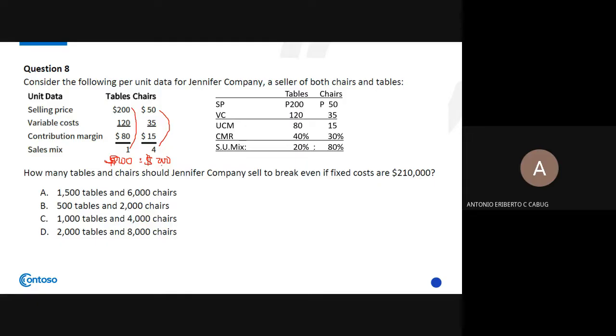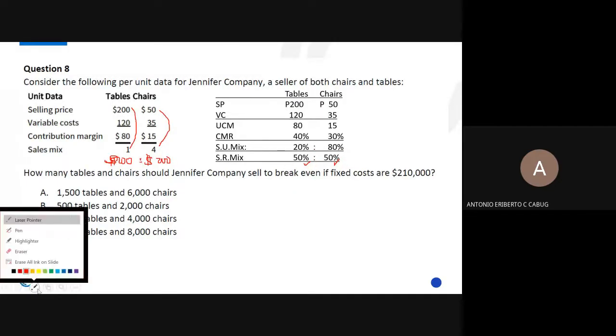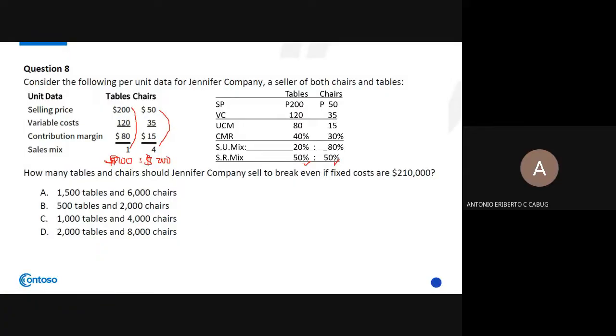So 200 plus 200 is 400. That is equivalent to 1:1 or 50% is to 50%. So if you're asked for the sales revenue mix, it would be 50-50. Pantay sila, no? 1:1, which is in percentage form, 50% is to 50%. Now, should you want to arrive at the weighted average UCM, use the sales unit mix as the